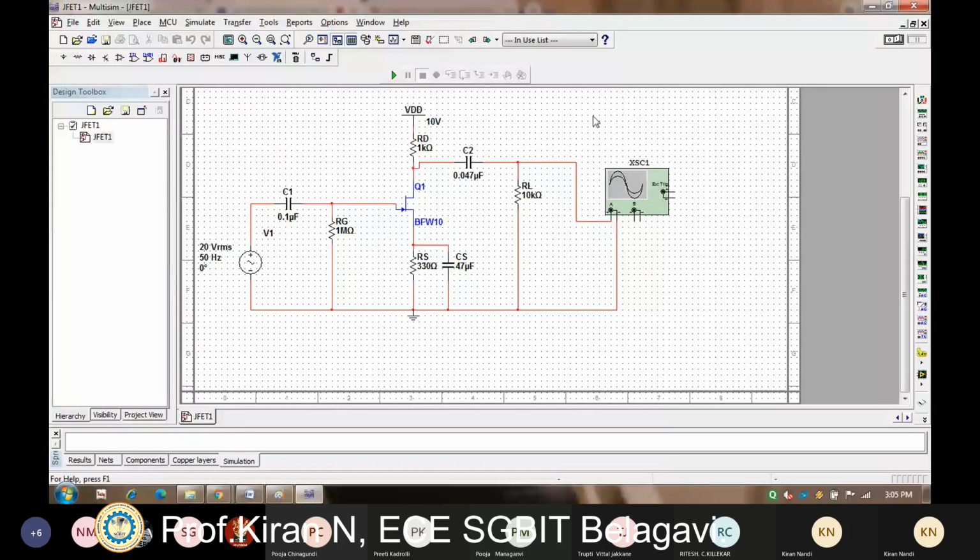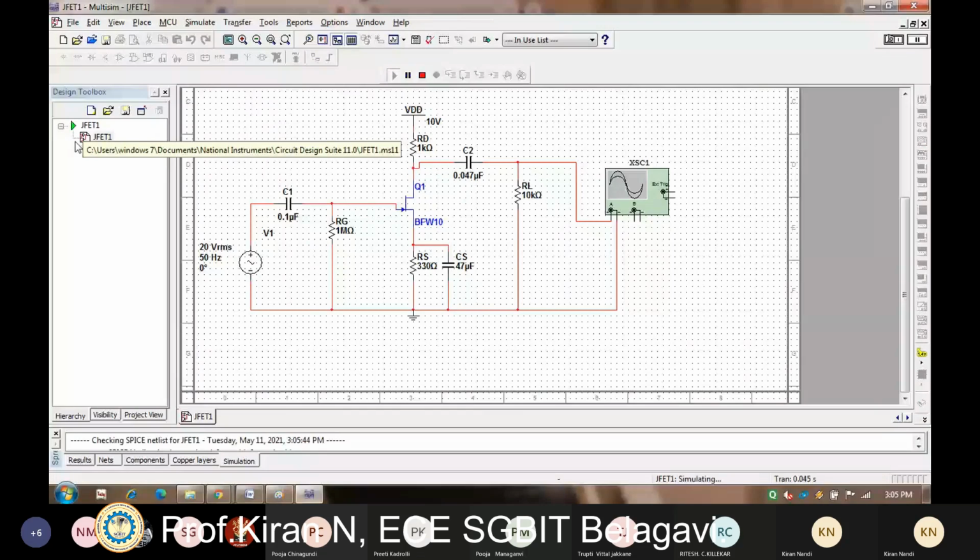Then now you can see here in the in-use list whatever components I have used. You can find the list of components which I have used for building the circuit here. Then just click on run. Here at the left side, you can see the green arrow-like symbol, which is blinking every time. If this blink is available, then it means your circuit is working.